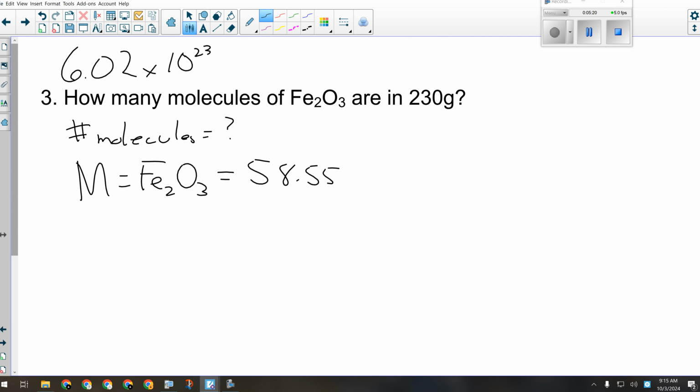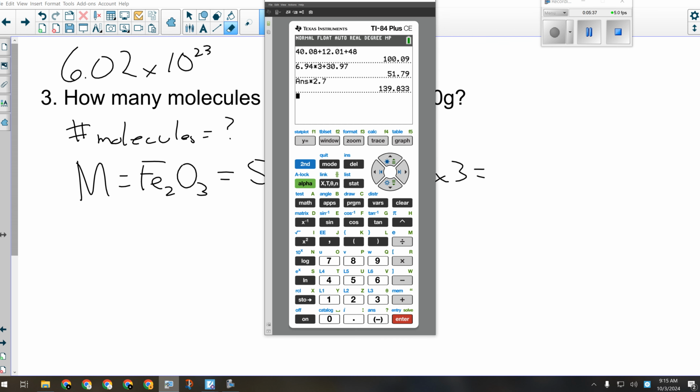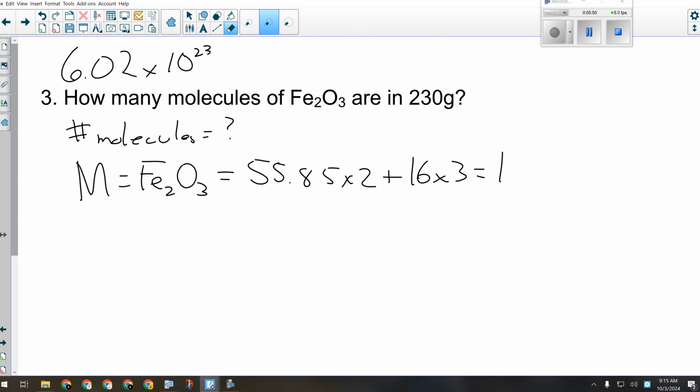I always switch it. 55.85 times 2, because there are 2 of them, plus 16 times 3 for our 3 oxygens. So that's 55.85 times 2 plus 48, our 3 oxygens, which gives 159.7